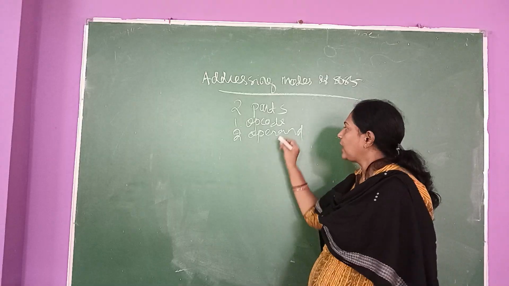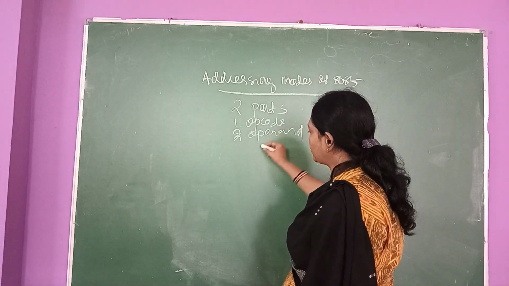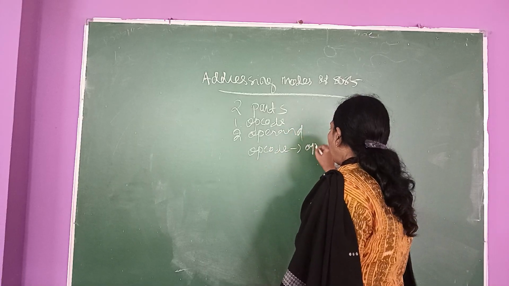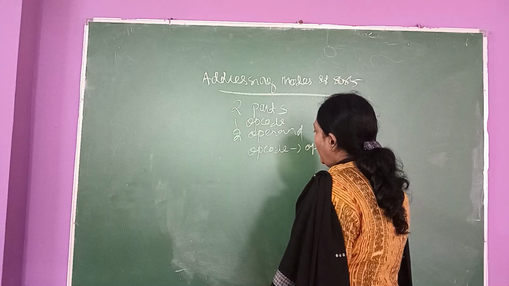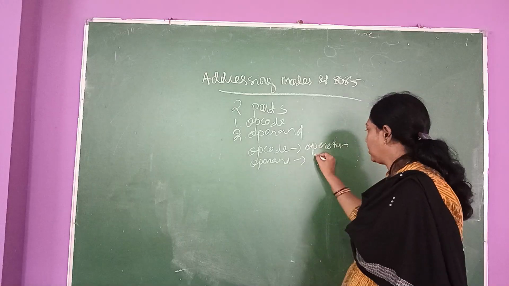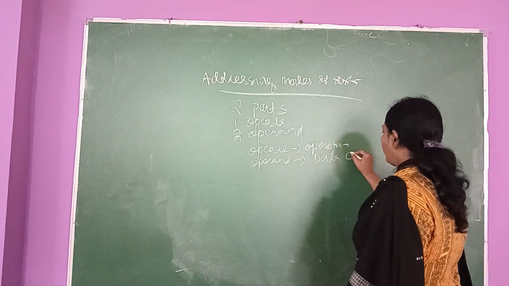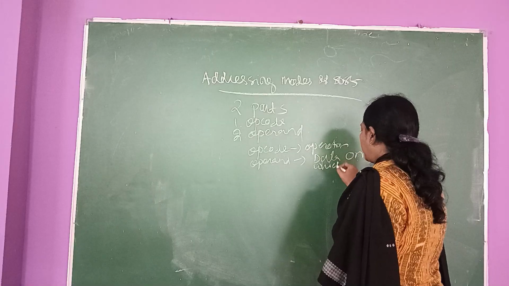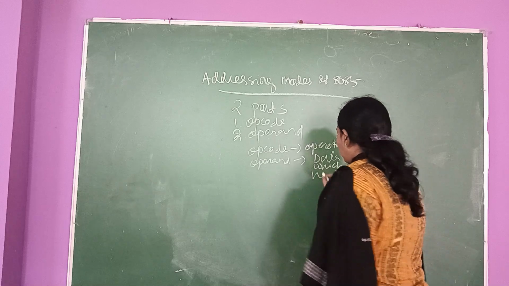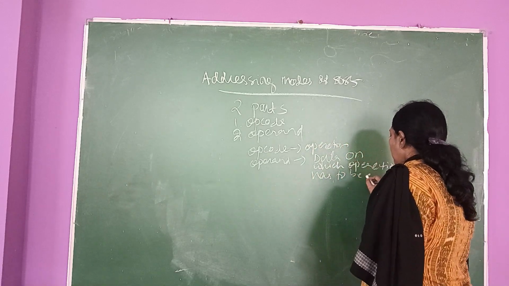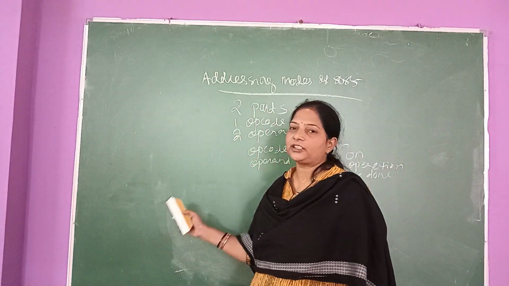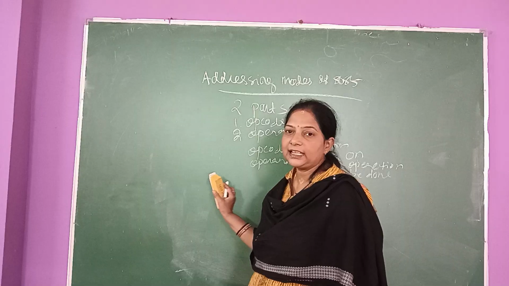Opcode means the operation, which operation is to be done. Opcode means what operation is to be done, and operand means the data on which the operation is done. So there are various techniques by which the operand of an instruction can be specified, and these techniques are known